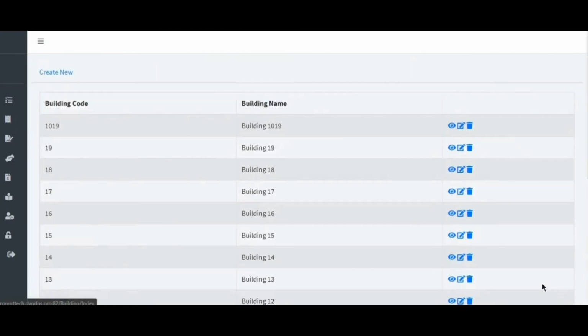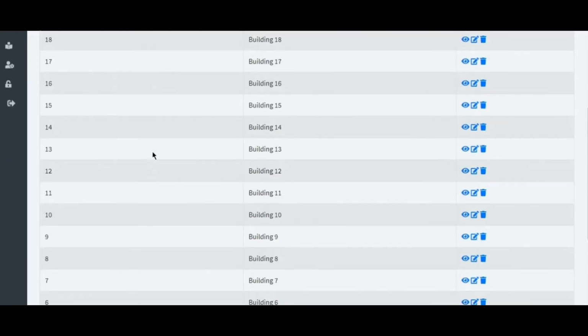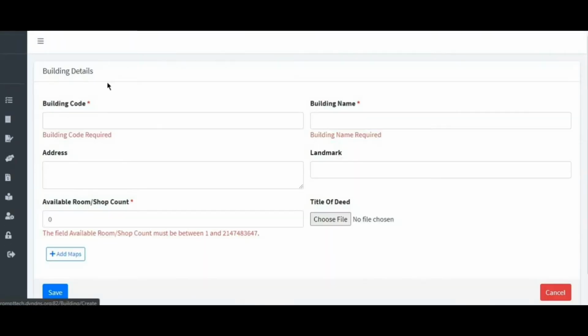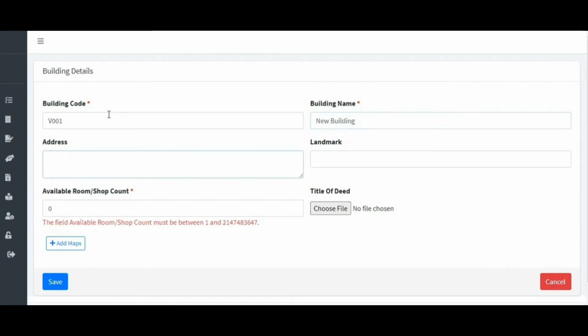So a lot of you would be having similar buildings of the same names, right? For example, if I talk about Akanksha, there will be a lot of Akanksha Villas, Akanksha this and all, right? But randomly you can put the code of the same builder, right? So you can directly put codes right over here, and as per your building, you can put the landmark and available rooms in that particular building.